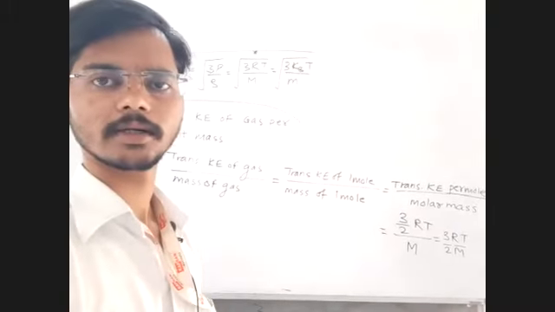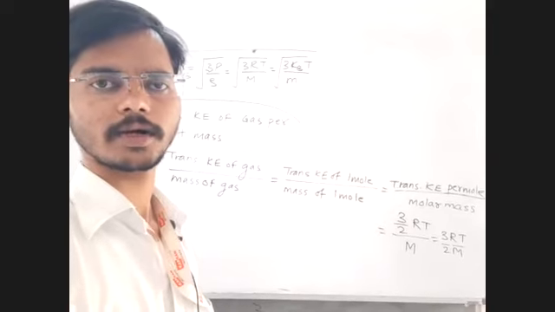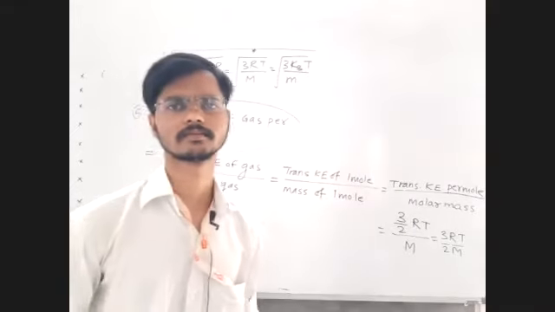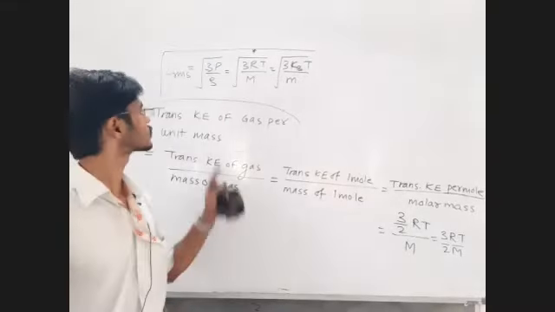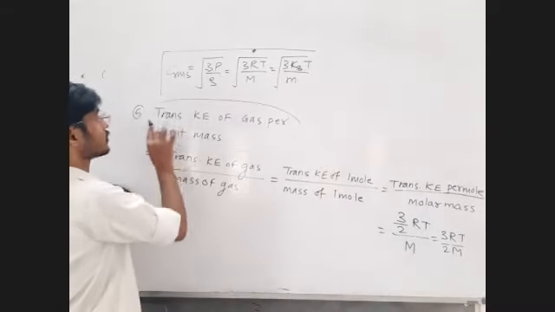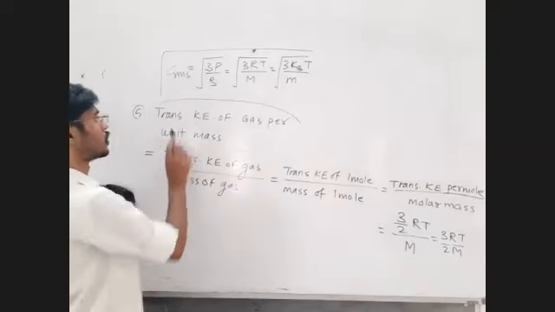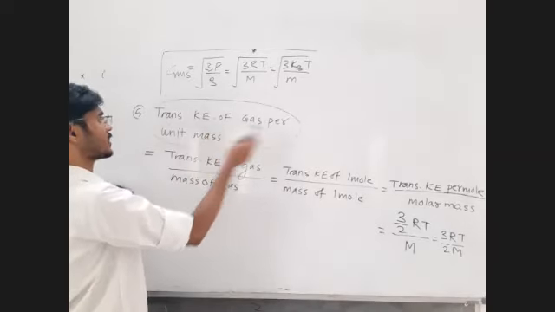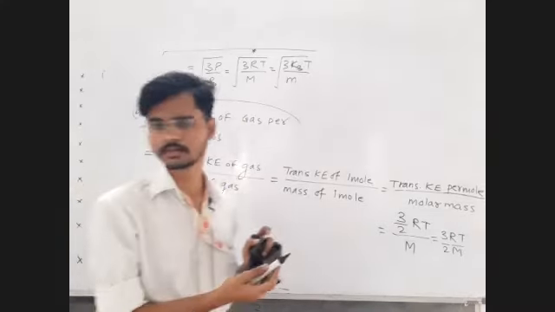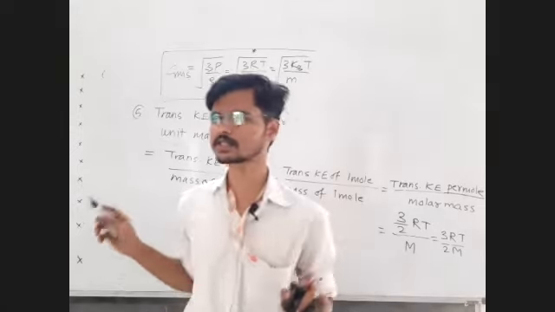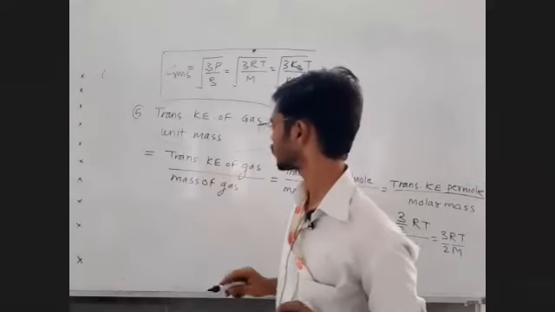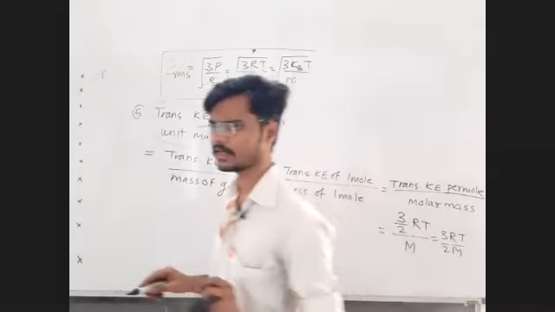So online people, tell me in the chat box, up to this point, is that clear? Write it down and let me know in the chat box. We should be able to find out what is being asked. Such kind of phrases will be given to you: translational kinetic energy of the gas per unit mass, per mole, per molecule, per unit volume. Whatever is needed, we will ask. All the variations I have already done here. Okay. So now, is there any new variation?